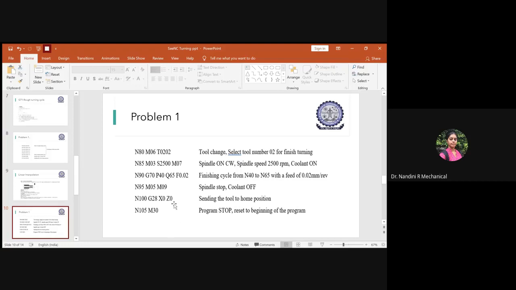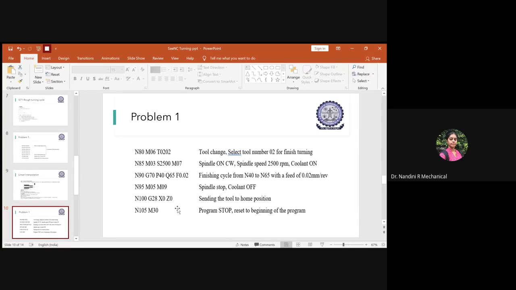So if you don't write the syntax, you will get the syntax error, as well as when you want to do a part programming design for another part, it will be difficult to make the tool go back to its home position and place the required new part. So always remember to send the tool back to the home position and then stop the program so that it will be helpful to do the next part as per the design.